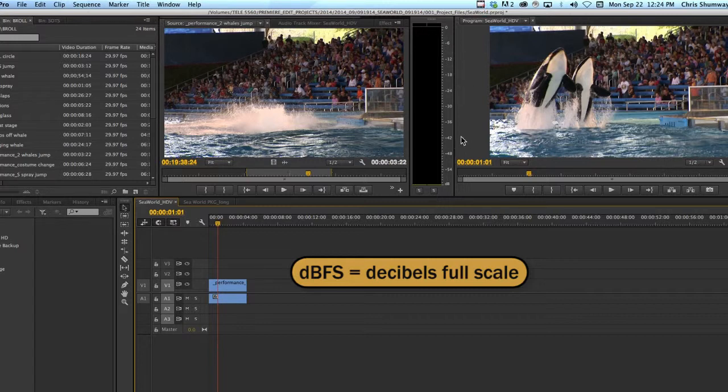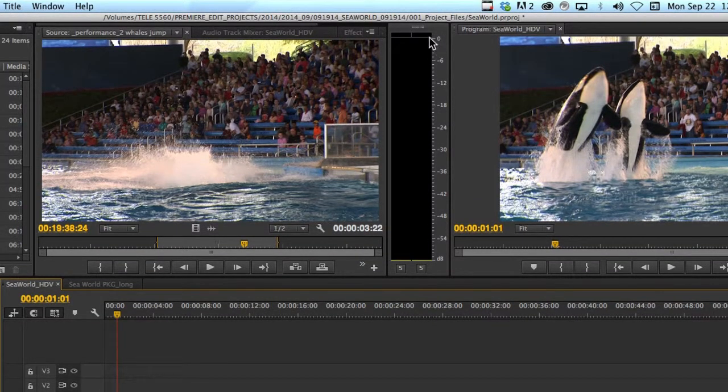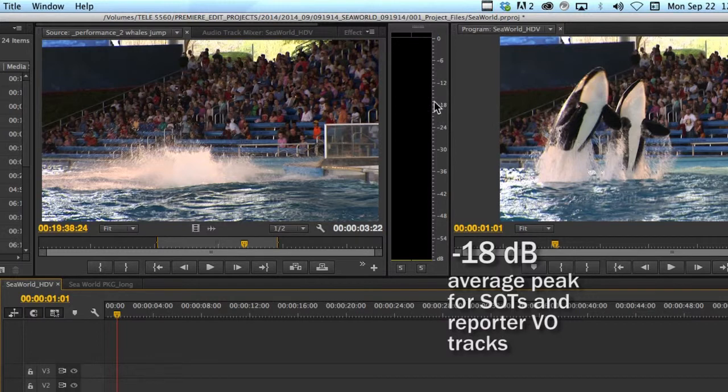So dBFS is the scale, and the top of the scale is 0. When you hit 0, that means you've topped out and you start to get distortion. You're overmodulated. So that's the ceiling, and we never want to get up to 0. In fact, we never really want to peak anywhere close to 0. A better gauge for our peak is somewhere around this -18. What we can do is look for average peaks to bounce around here. Sometimes they'll get as loud as -12 to -8 or 9, but we really want to keep an average right